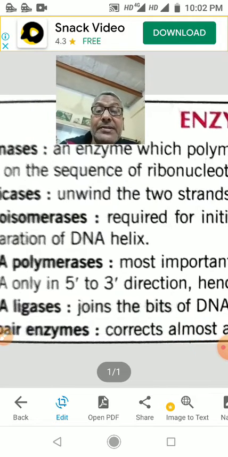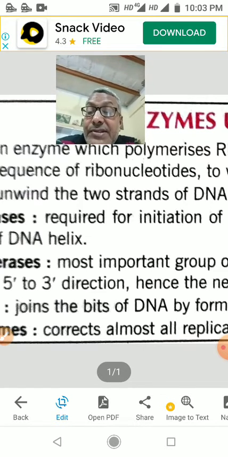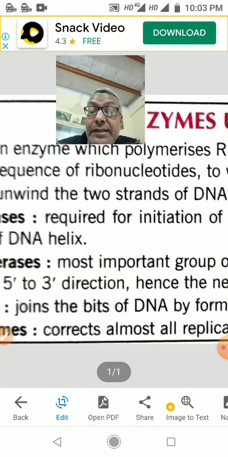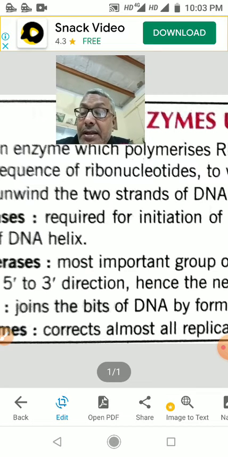Primase helps in the formation of a primer. A primer is a short RNA segment that is formed on the DNA template before the replication can begin. It is absolutely essential. It polymerizes the complementary RNA building blocks A, U, G, and C in the primer. A stands for adenine, U uracil, G guanine, and C cytosine.